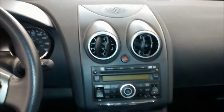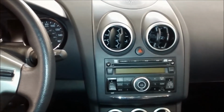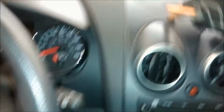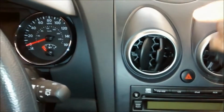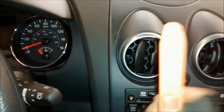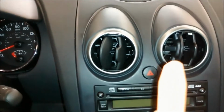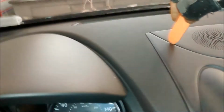How to remove the radio in a 2012 to 2013 Nissan Rogue. First thing you want to do is remove this speaker cover or speaker grill by getting one of these panel pullers or pry bar tools. You can get them on my website, or you can get them at eBay, or you can even make your own. So you want to start at this corner right here,